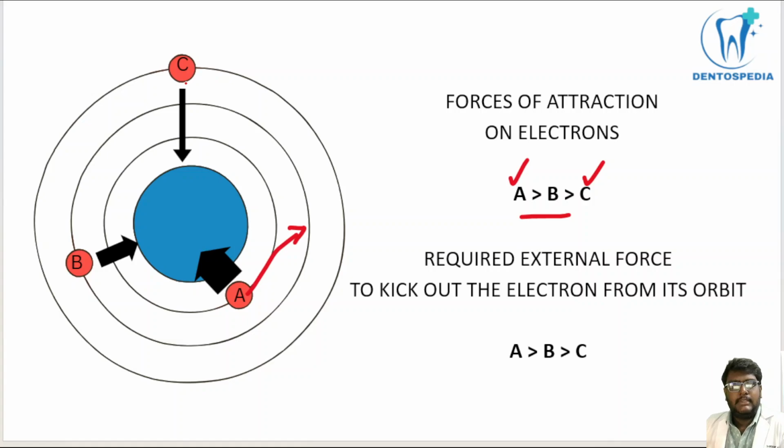Because C has the least force of attraction between the nucleus and the electron, we can apply the least external force to kick this electron out of its orbit. So that's the order: A greater than B greater than C. If we want to kick electron A, we need to apply the highest force, and to kick electron C, we can apply the least amount of force. Okay,